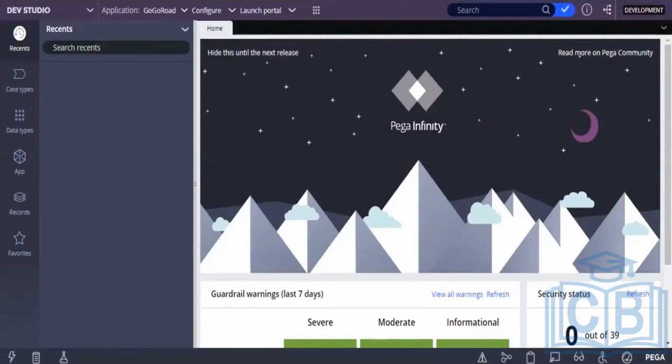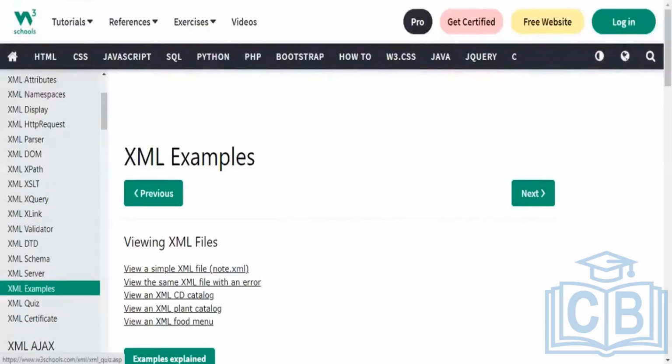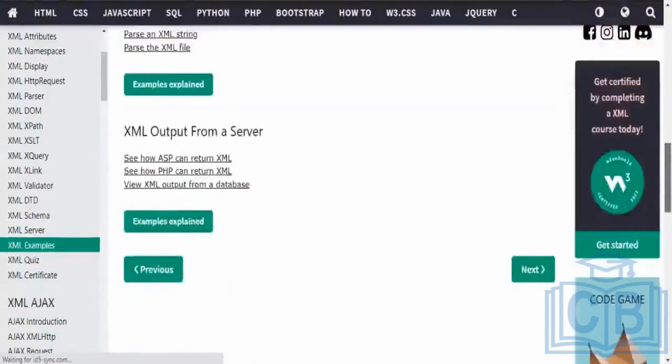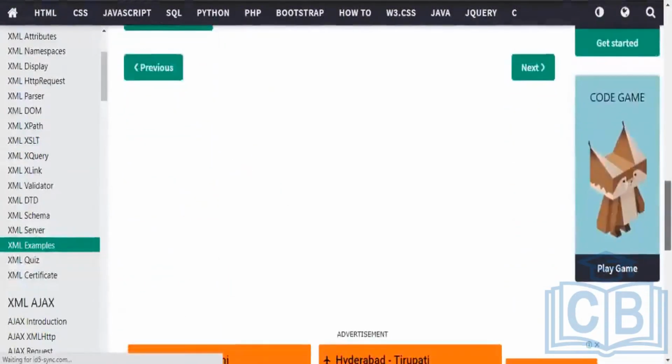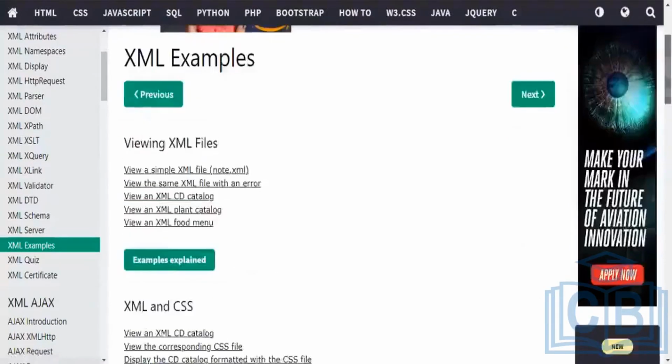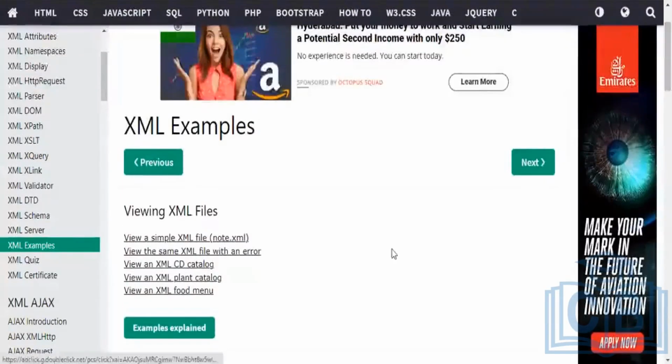XML and JSON are the formats in which data is exchanged, the medium the systems communicate in. You can search in Google for sample XML and sample JSON formats. Click on the first result, and you can view a sample XML file.